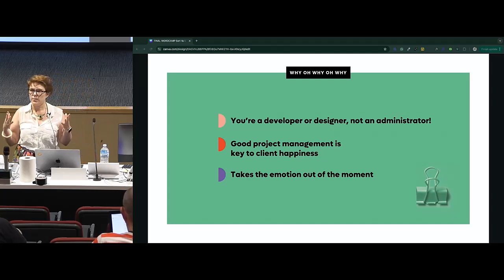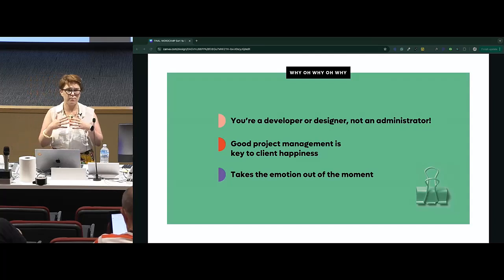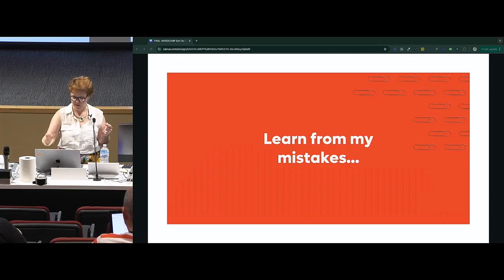If you have a system and process in place for most of the pain points in your project, you're not going to overthink it, you're not going to make special rules for any of your clients, and you're not going to feel guilty about the decisions you're making day to day in your business.